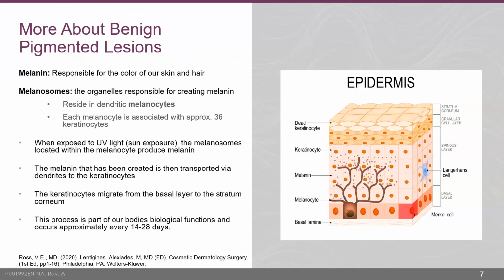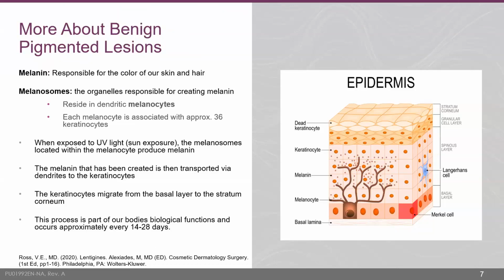And if you look at the image on the right hand side, you'll see that that melanocyte has all these fingers, for want of a better term, which we call dendritic structures. And basically when the skin is exposed to ultraviolet light, the melanosomes, which as I said before are sitting within the melanocytes, they start to produce melanin. And this melanin is then transported via these dendrites, these fingers, into the